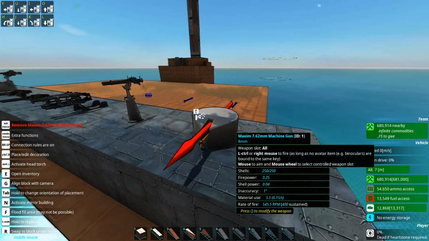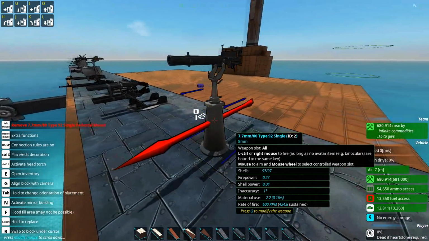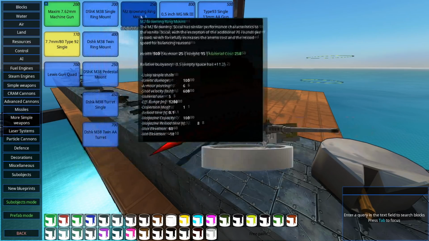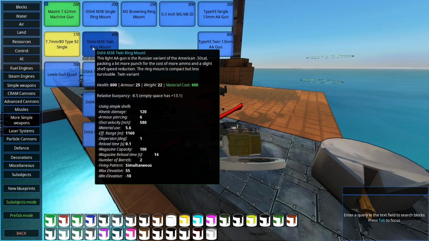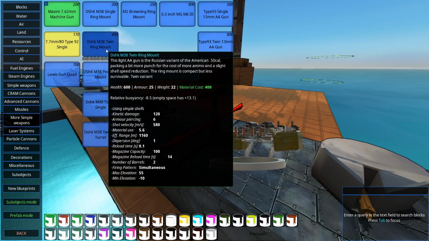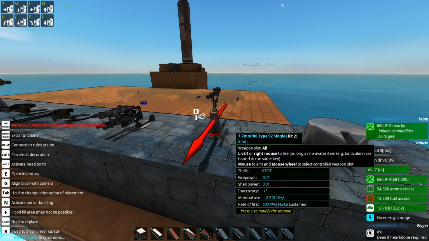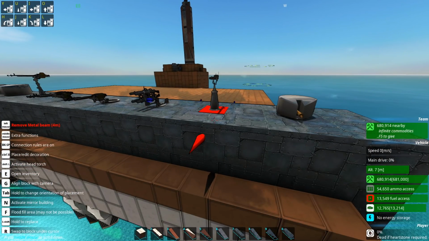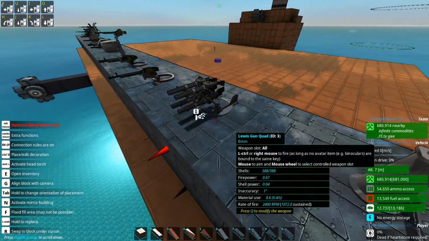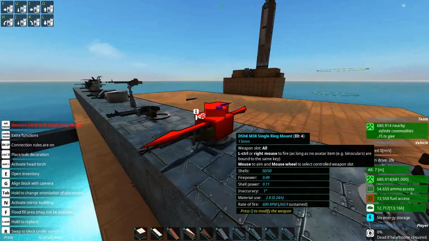So we've got this little guy here, 8mm. Then we've got the 7.7mm Type 92 single. By the way, we're not going to read out all the descriptions of these because some of them are quite dense. But there's historical background and a basic description of pretty much every single added weapon, which is absolutely lovely. Good attention to detail. So there's that one, and then we've got a Lewis quad gun, and that's very nice. And then we've got some ring-mounted stuff,